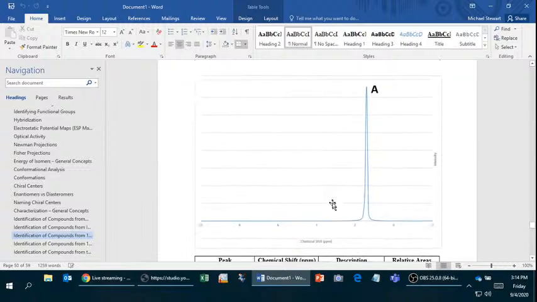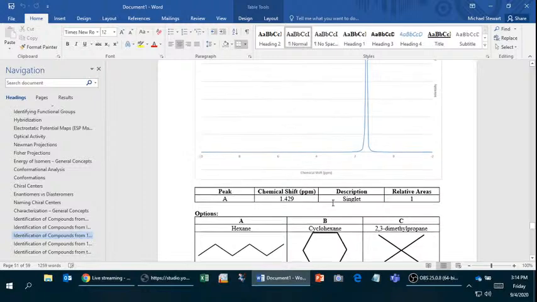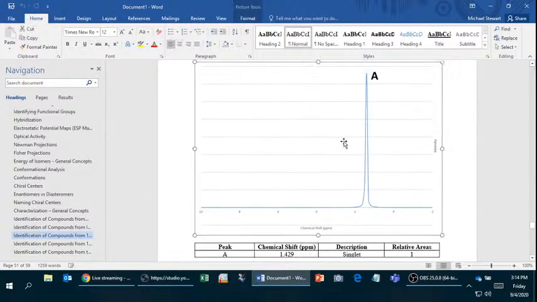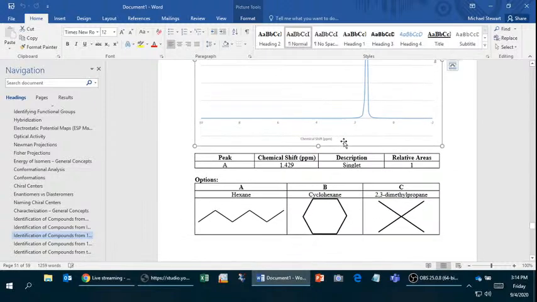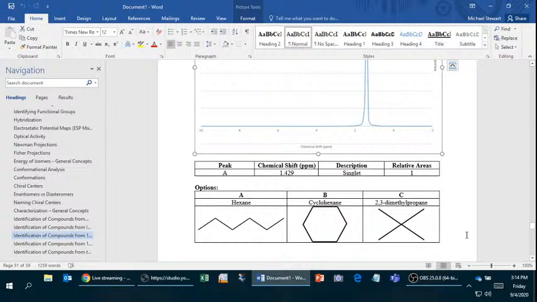Let's go to another problem. It's another one that probably would work better if I looked at it up at the board. Okay, so let's go to the one beneath it. One beneath it, we have a single peak A, and we want to know which of these is most consistent with it. Well, we have a couple of possibilities here and you see this with one of the homework problems. The cyclohexane is consistent because all of these are the exact same hydrogen, so we should only see one peak, and since we only see one peak, you only see CH2 groups, you don't see anything else. The cyclohexane would work, but also your 2,2-dimethylpropane would work as well because all these hydrogens are not next to an adjacent hydrogen. Now, as far as carbon-13 NMR goes,